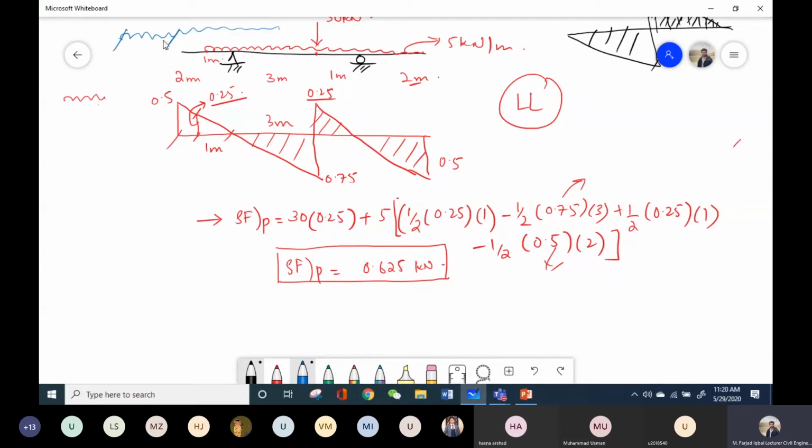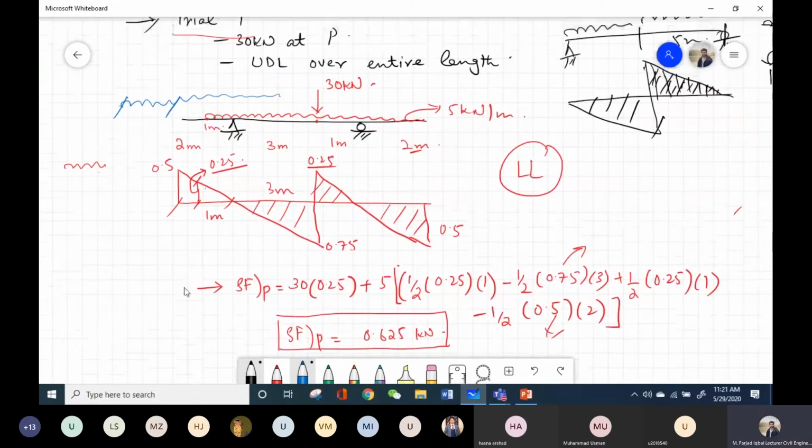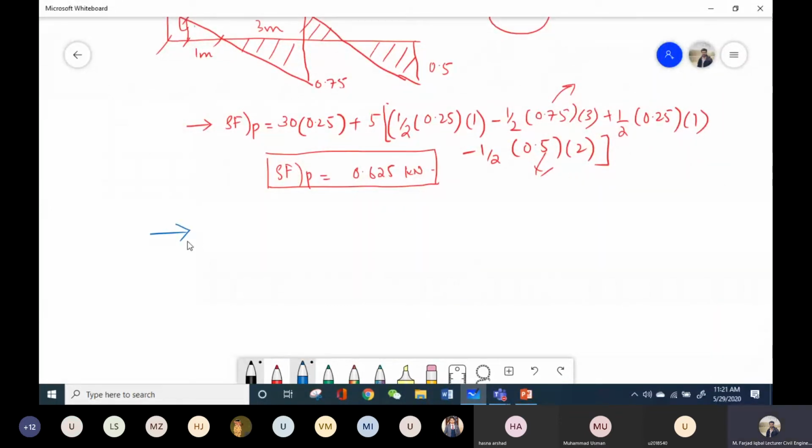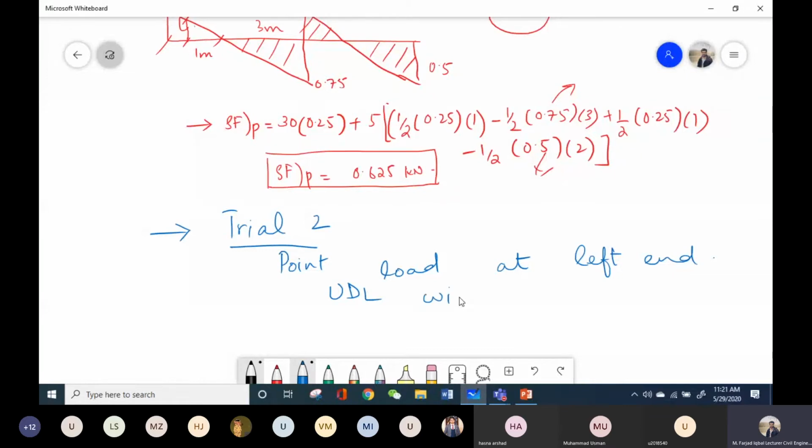So if I place it something like this one, that I multiply the maximum part of UDL with the positive components of ILD, I may get the maximum value of shear force at point P. So to verify this condition or situation, let's do another trial, in which I will place the point load at left hand and UDL will also start at left hand. So if I show you this on the beam,